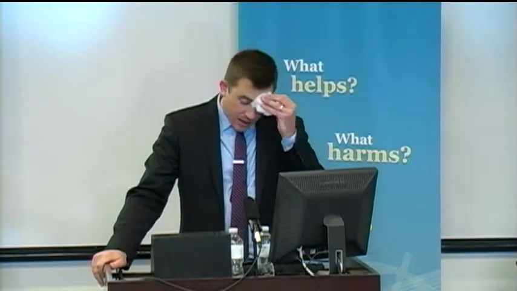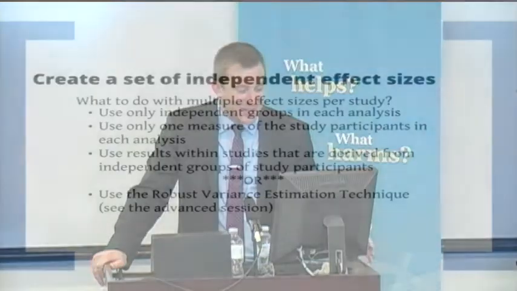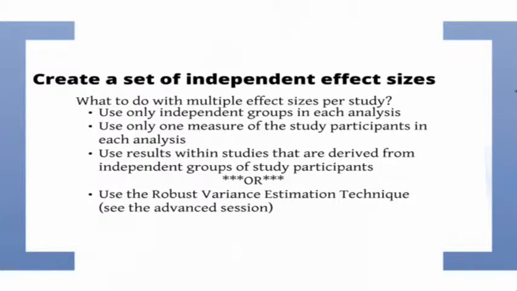Now, I say all that, and I've spent a couple of minutes talking about it, and down at the bottom there's one caveat. There's a little bit of research. The methods assistant editor, Emily Tanner Smith, has been working on this. There's a technique called the robust variance estimation technique, which I will not talk about at all, other than to say what it is right now,